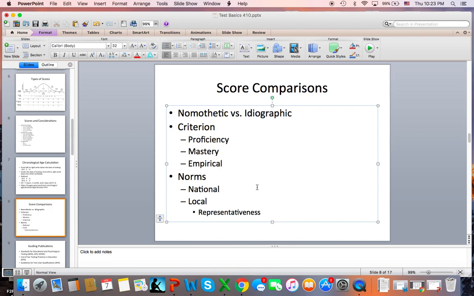With norms, you're making a normative comparison, comparing them to what's typical for students of that age or that grade. There are nationally derived norms and locally derived norms. With nationally derived norms, when you examine the norms of whatever assessment you're looking at, you want to see